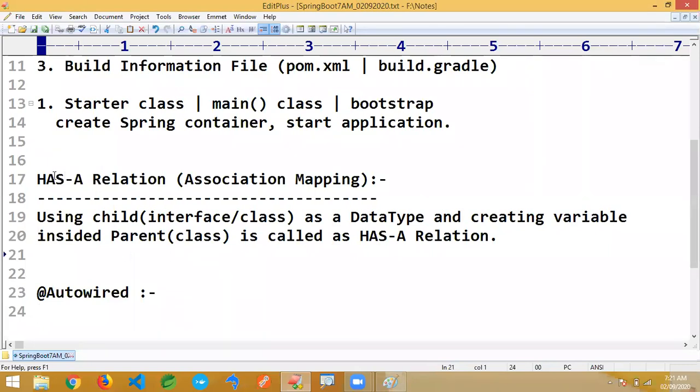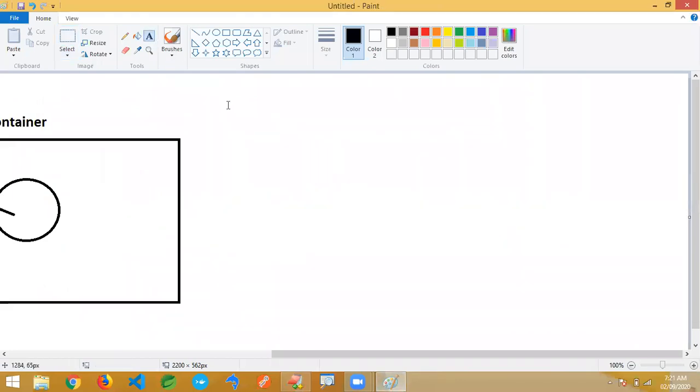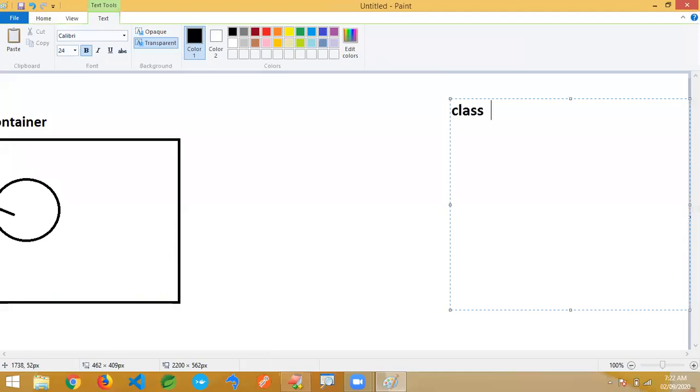Now let me explain one HAS-A relation and let me explain the autowiring concept here, how it is going to be. I'll just write a simple code here. We have one class, StudentExport. I'm just taking a single variable just for easiness in the code.